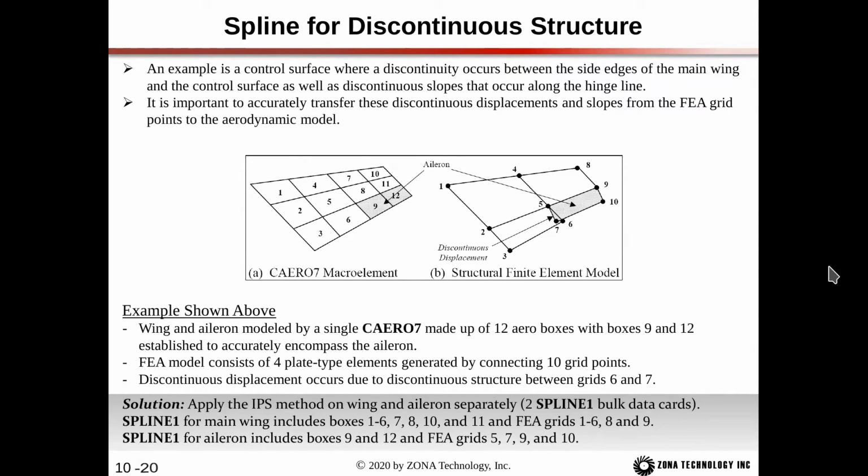Next, let's talk about spline for discontinuous structure, for example, a control surface such as an aileron. In this example, we have a control surface where a discontinuity occurs between the side edges of the main wing and the control surface, as well as discontinuous slopes that occur along the hinge line. So it's important to accurately transfer these discontinuous displacements and slopes from the finite element analysis grid points to the